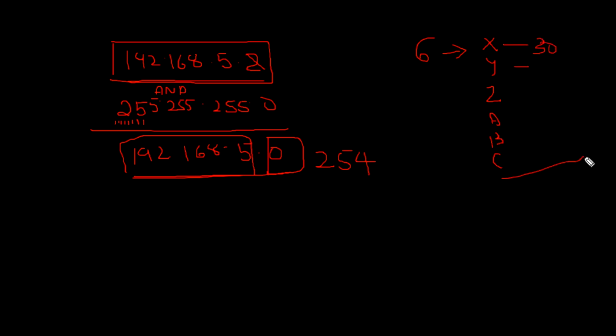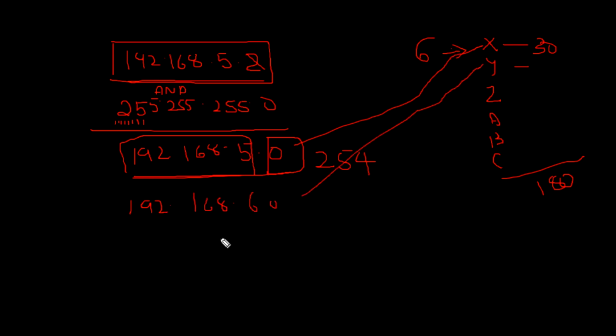So in total, how many computers, according to you? 180. So instead of taking a separate network for each, if I take this address for X, I can take one more network address, 192.168.6.0, for Y. Like this you can take 7.0, 8.0, but what is the requirement? 30. But what is the capacity here? 254. Means how many hosts are you approximately wasting? 220. So 220 into 6 means 1200 addresses you are wasting.